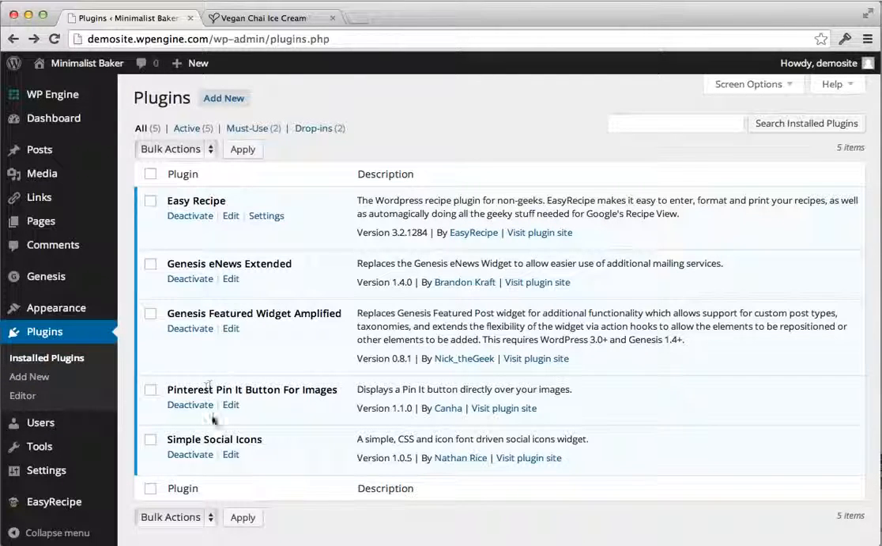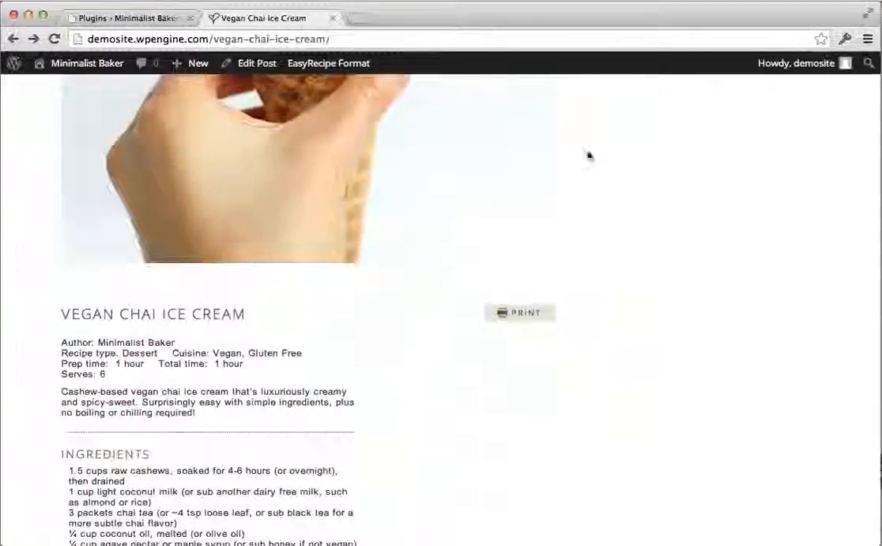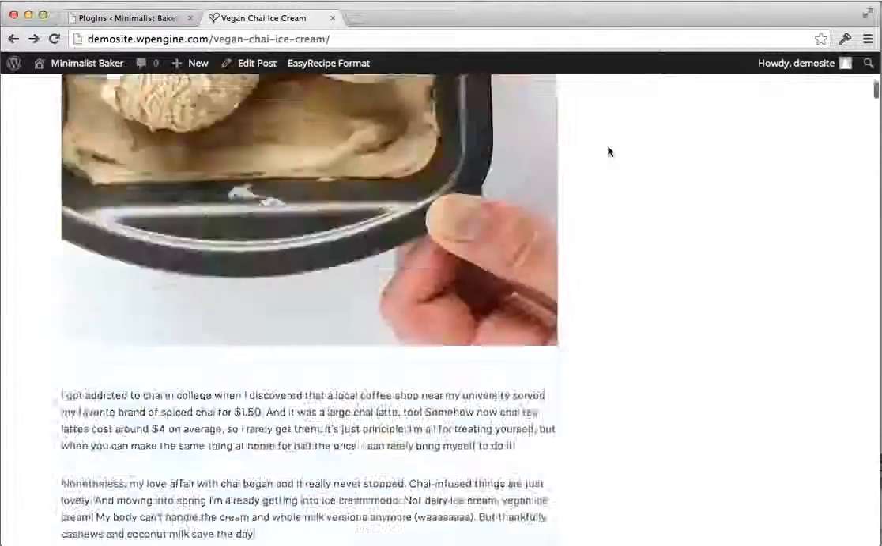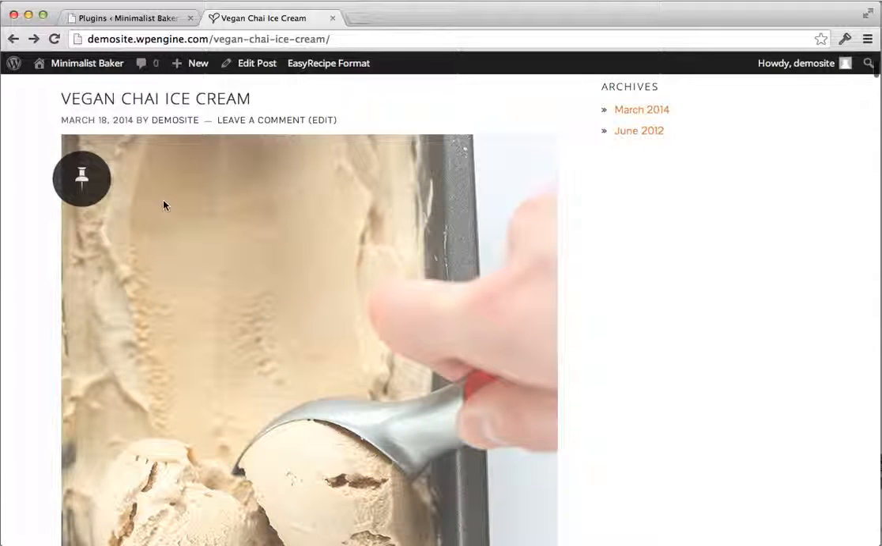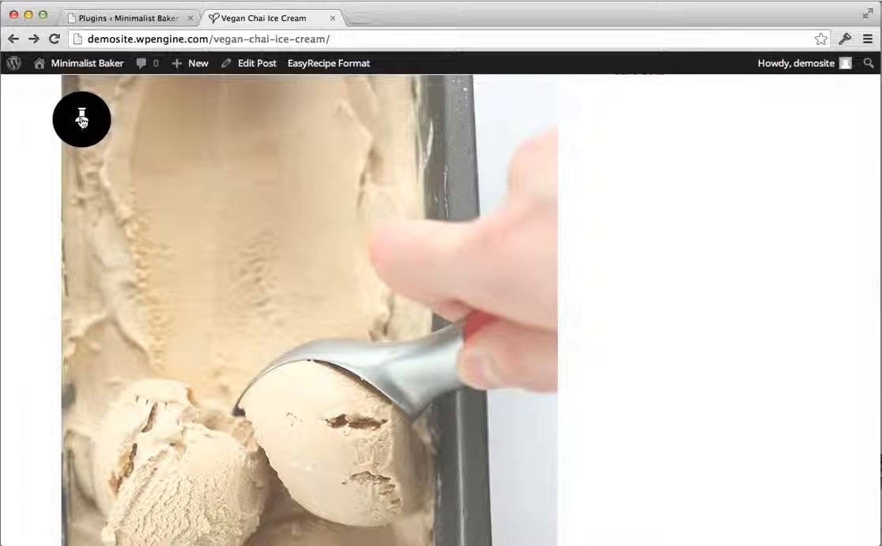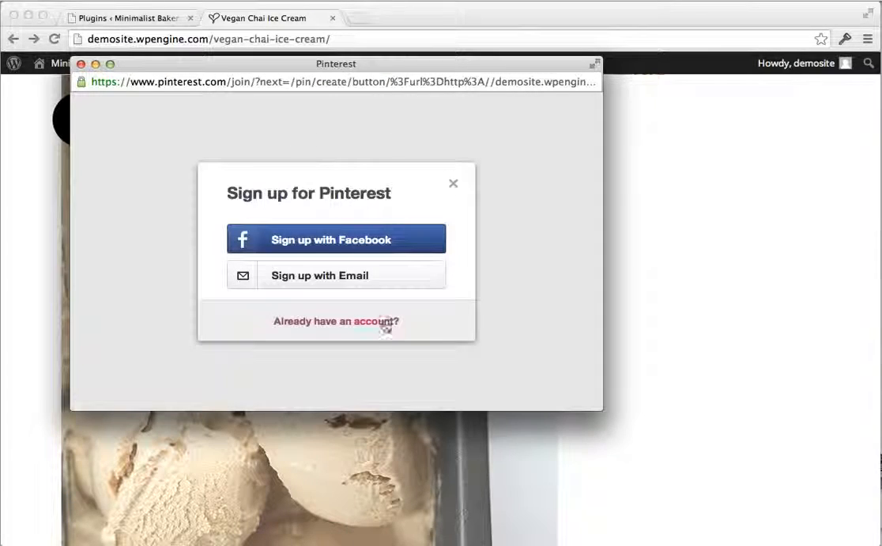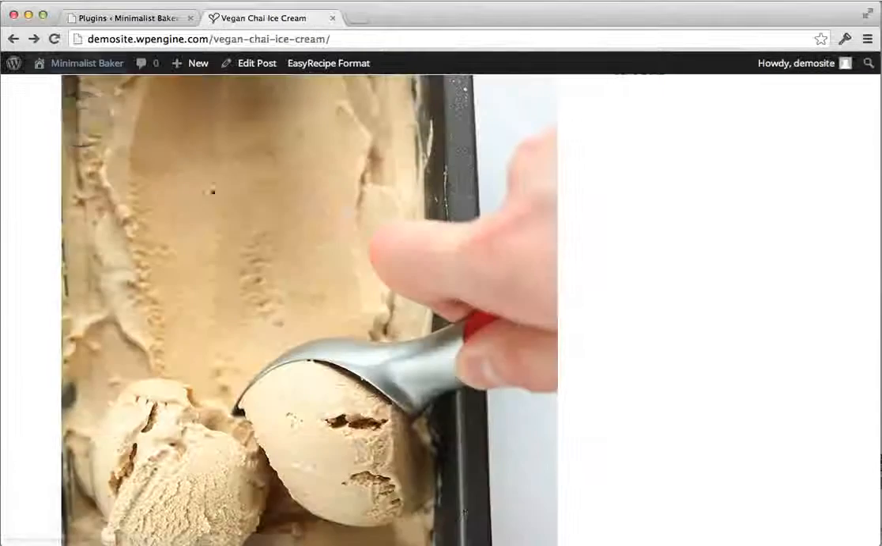The next one, this Pinterest Pin It button for images, going back to our example post, is another piece of functionality Foodie has installed. Rather than just having a Pin It image, when you hover over an image, it's got this little thumbtack for pinning it. Of course, if somebody clicks that, it'll take them to Pinterest. I'm not signed in right now, but if you were, you'd be able to pin directly from